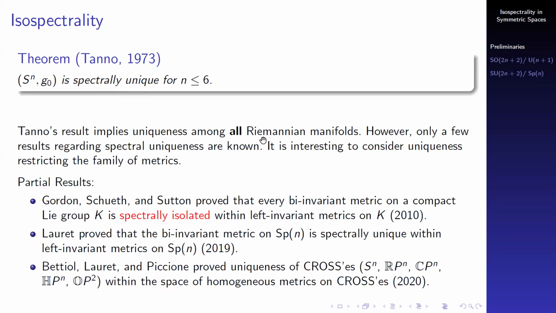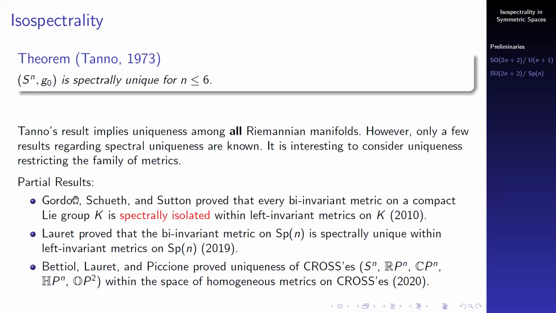However, only a few results regarding spectral uniqueness are known. So usually it's interesting to consider uniqueness restricting the family of metrics. We don't ask uniqueness among all Riemannian manifolds, but we restrict the family. So in this direction, we have